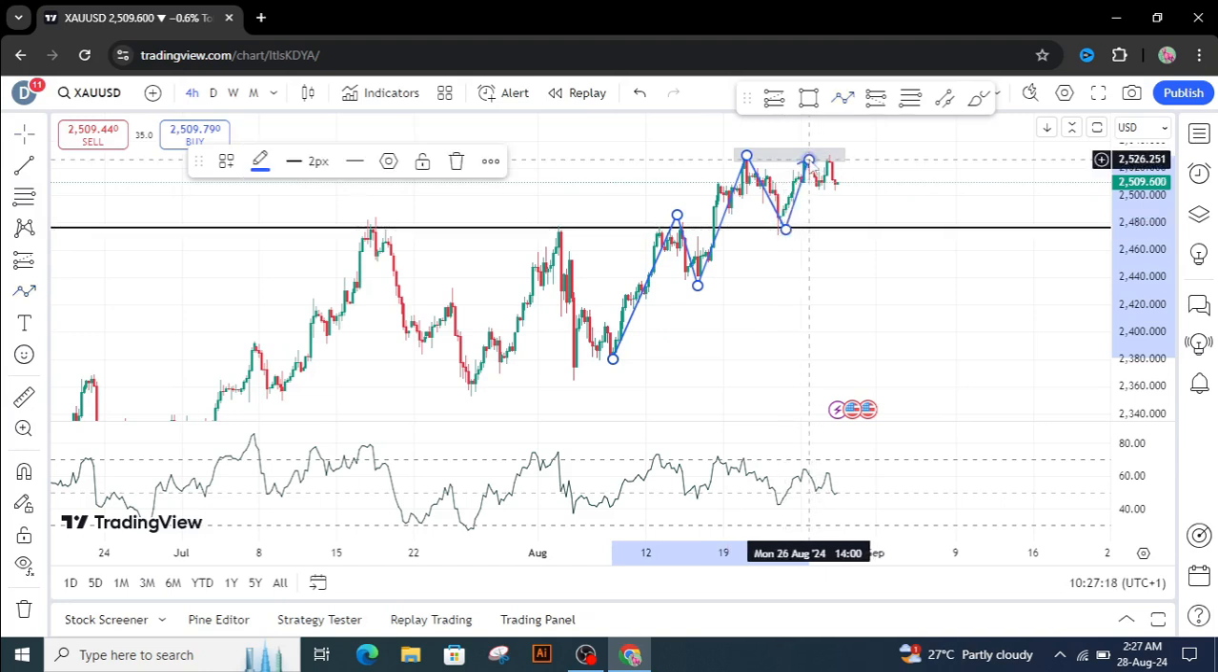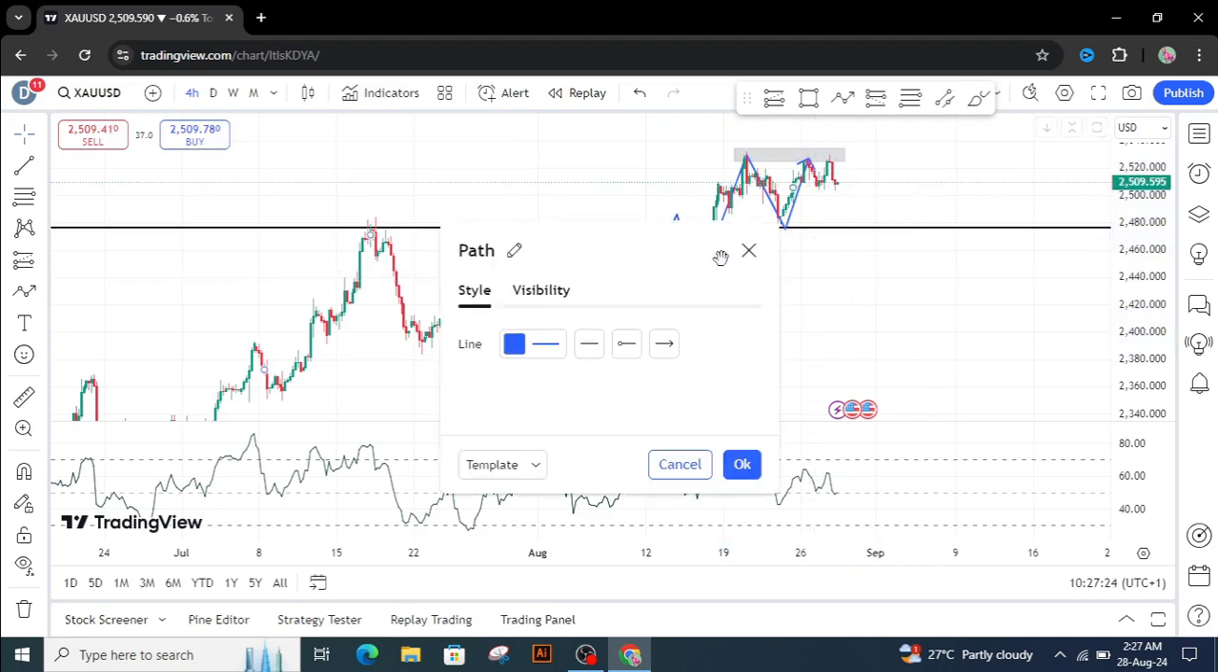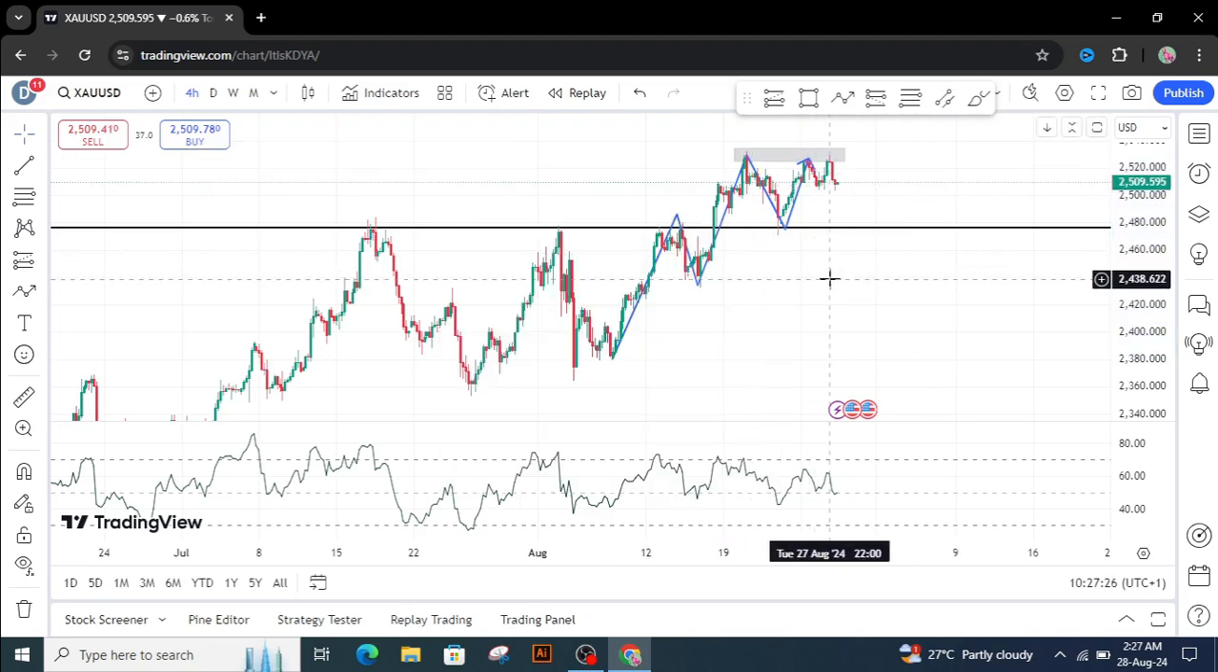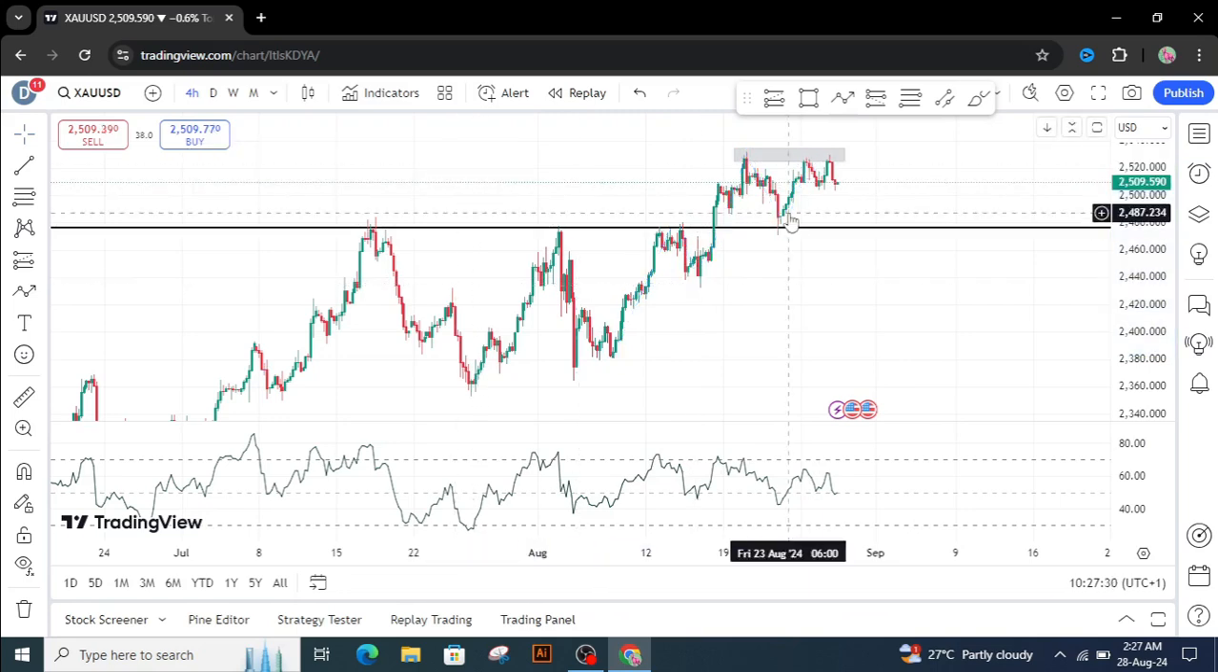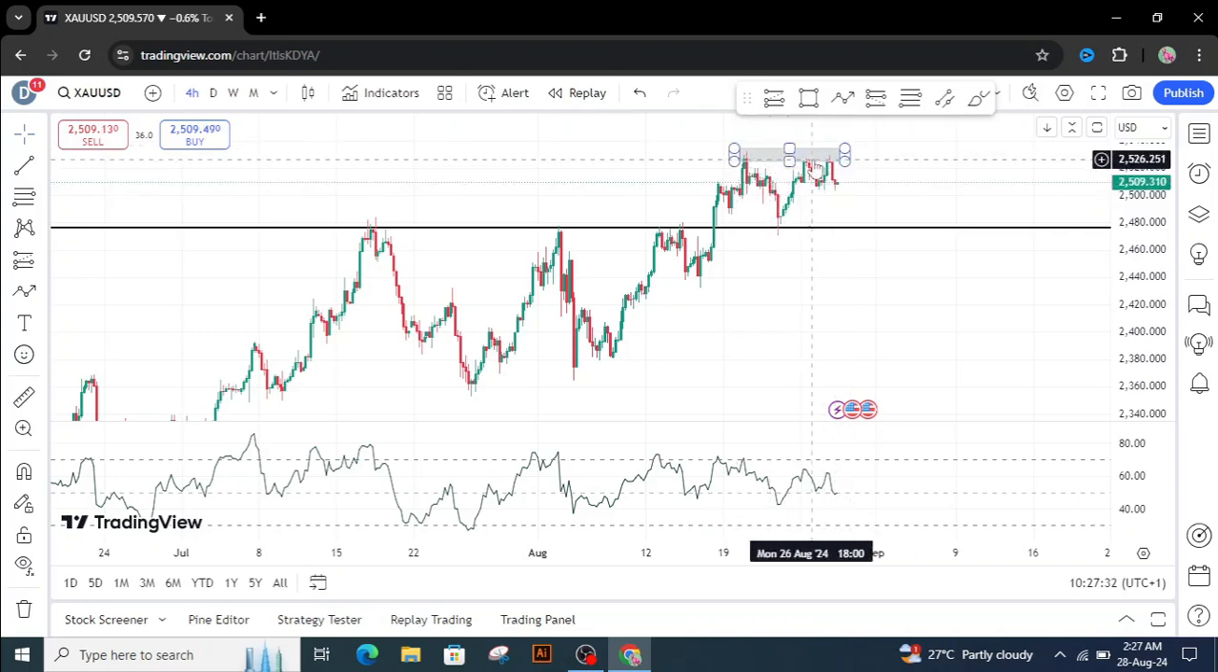So come here to make the same high. When it makes that same high, that is when you want to look for